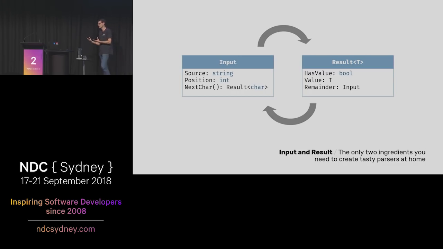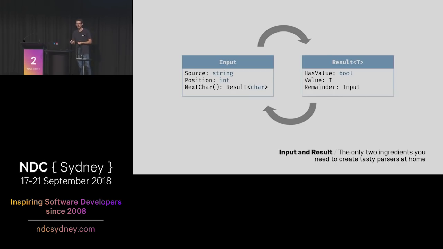And although our parser functions are going to have very much that shape of take a string as an input, produce a result as an output, I want to introduce you to two little structs that will appear through the code that we're going to write. Input wraps the source string, and it gives you a position into that string. So where you're up to as far as having consumed the characters to produce that value. And a result tells you whether you successfully parsed a value or not.